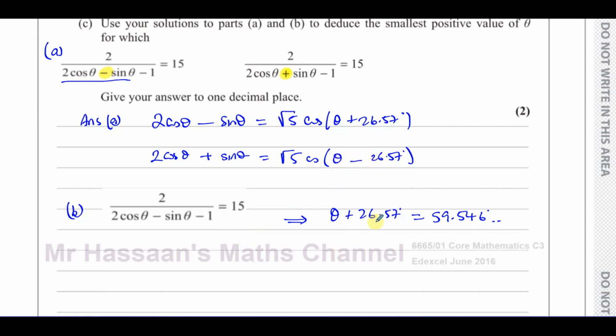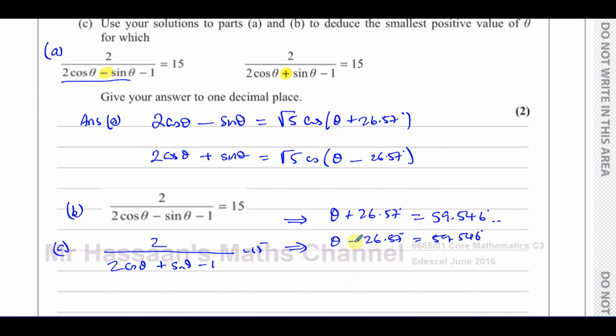So for part C, what's going to happen, you're going to have this, which is 2 cosine theta plus sine theta minus 1 equals 15. We'll go through exactly the same steps as we did in part B, so we don't have to repeat that again. But what we should understand is that it's going to lead us to this: theta minus 26.57 is equal to